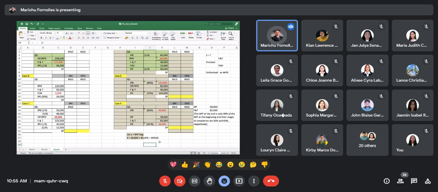So you can now solve for your IPE. Your IPE is 40% of X. So 40% of 40,000 equals what? 16,000, Miss. Correct. So 16,000 is our IPE. So that's why on the quantity schedule, I placed here IPB of 40,000 based on the result of our equation and solving it algebraically. Then your IPE is 16,000. SIP and F&T are already given.